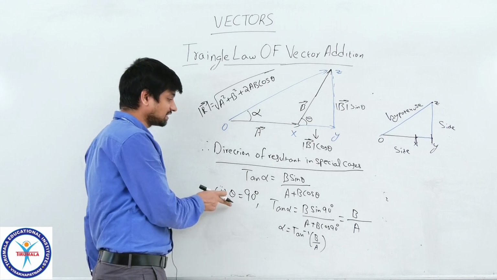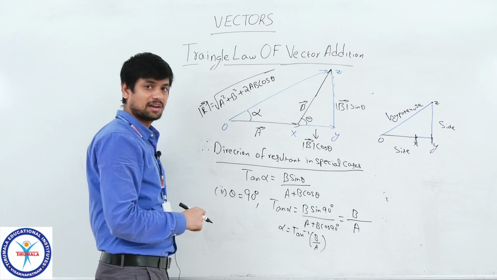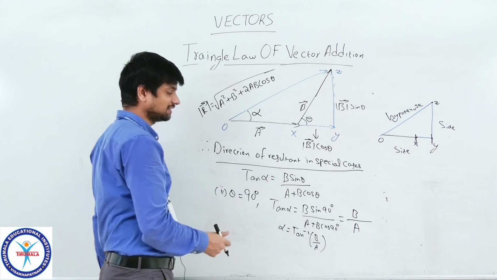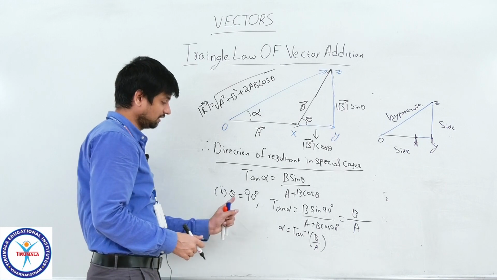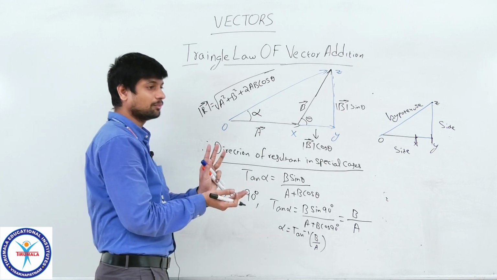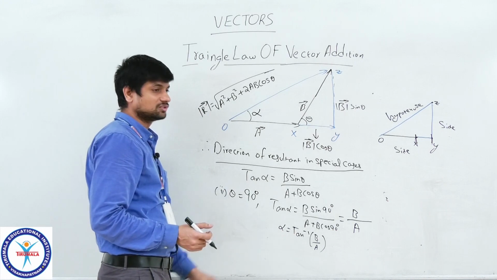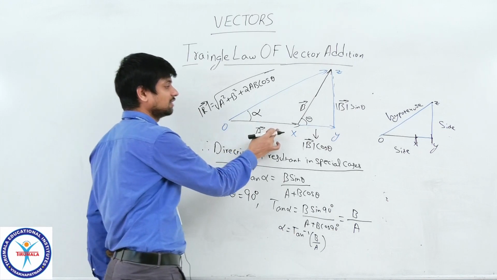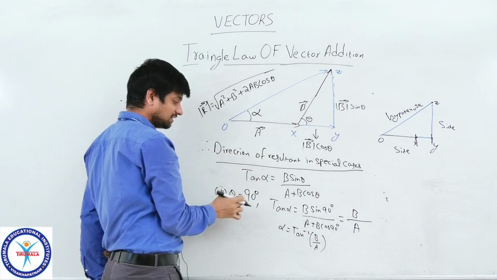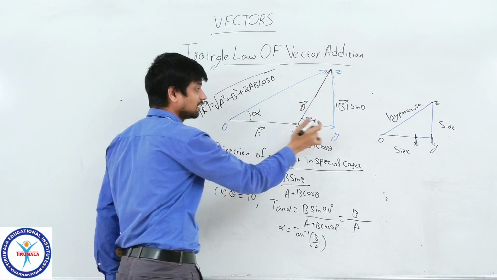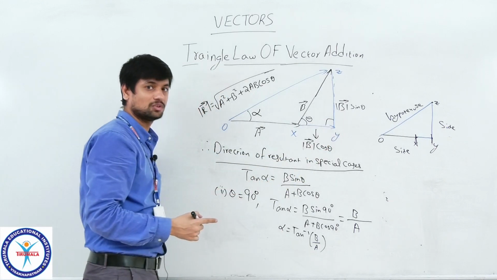Now, if the case is alpha value 90, tan 90 value is 1, then sin theta value and cos theta value can be known. But simply, theta value 90 means both vectors are making 90 degrees. Look at this, A bar and B bar, two sides representing a triangle, but in this case they are making 90 degrees. Directly those two vectors are perpendicular to each other.